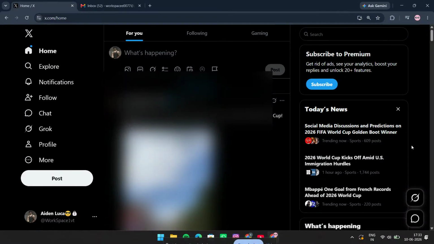If you want to view your message inbox on X, formerly known as Twitter, you're in the right place. In this quick tutorial, I'll show you exactly where to find your messages so you can open your inbox in just a few clicks. This is perfect if you're new to the platform, switch devices, or simply can't find the